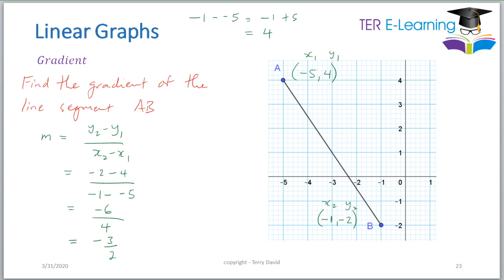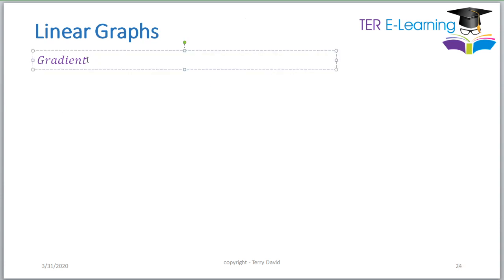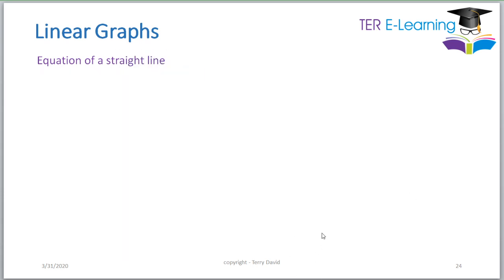Alright, so the next thing we're supposed to be looking at is finding the equation of a straight line, right? So let's just change this here. Alright. So this is another type of question you can get in the exam. So they can give you something like this. Let's say we have